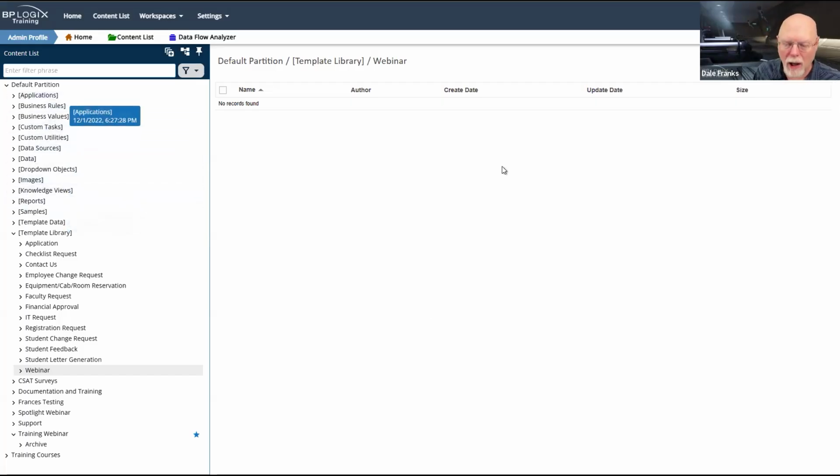But outside of global objects, everything would be part of that folder. It really helps during the import-export process, because you can export the entire application all at one time. You import it all at one time.